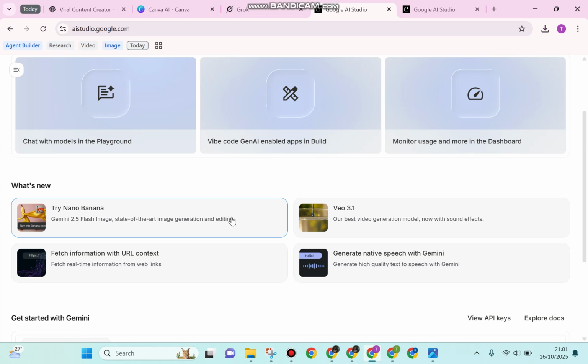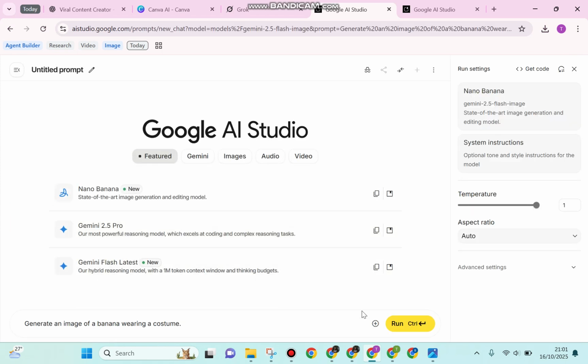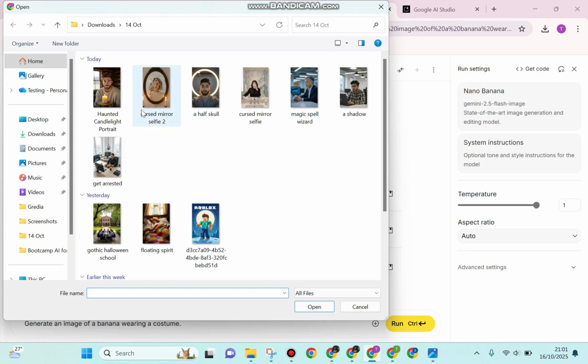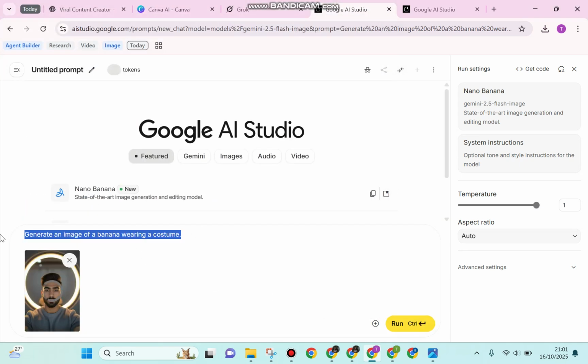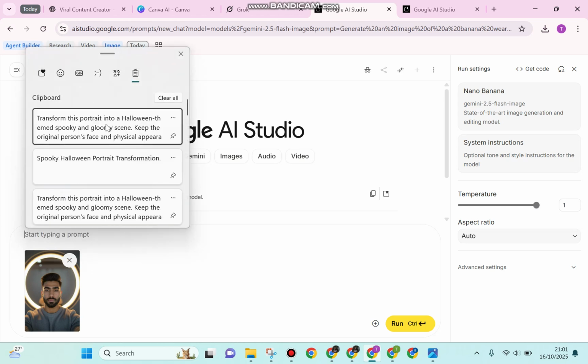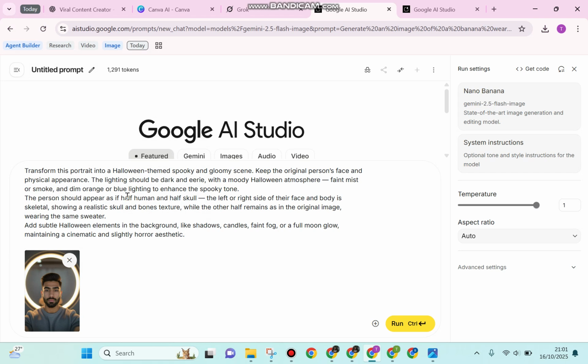The next step is to click this Try Nano Banana. After that, it seems like Google AI Studio has just had an updated version. Then you can continue to upload the file, for example this one. After that, I will put the prompt into this section, and basically the prompt would be like this: transform